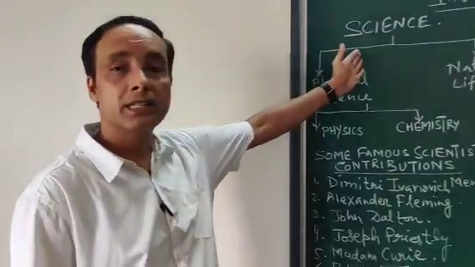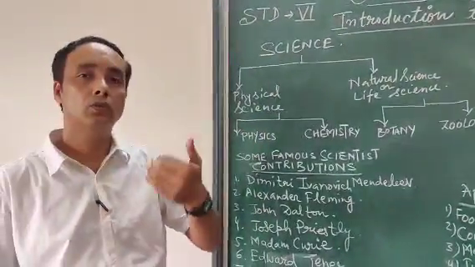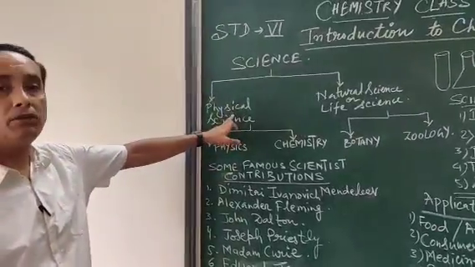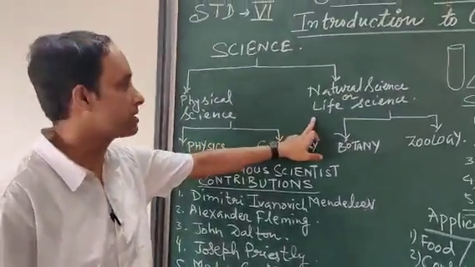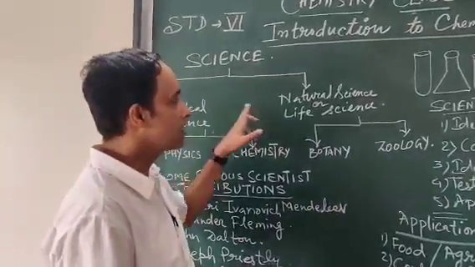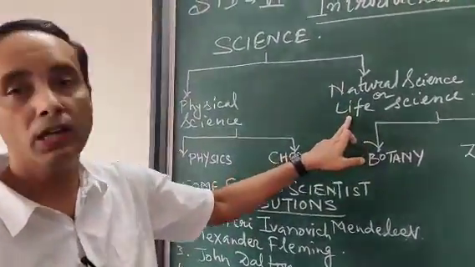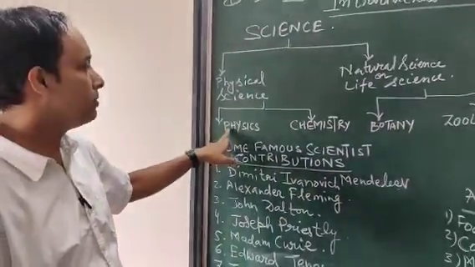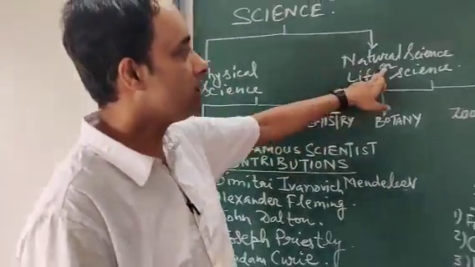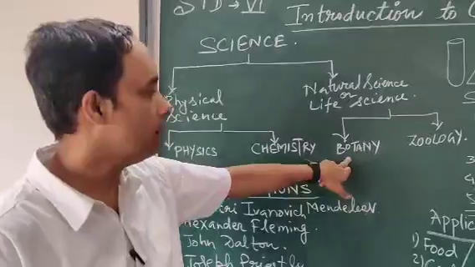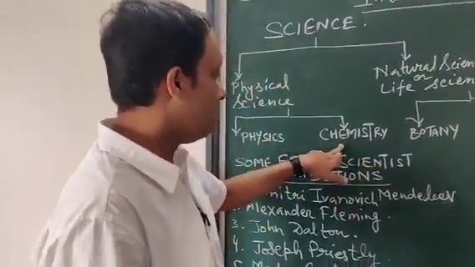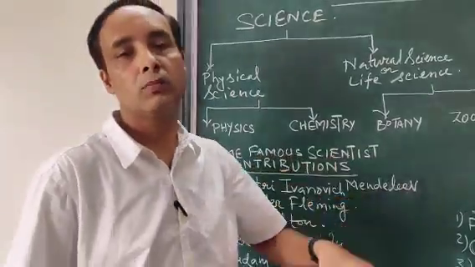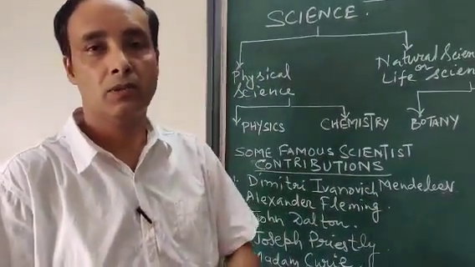Now, I would like to explain about science. Already you know. Now let us see. This is further classified into two major forms. One is physical science, another is natural science. This natural science also came to be called life sciences. Now this physical science is further categorized as physics, chemistry, and natural science or life science is further categorized as botany, zoology. Now, out of all these fields, chemistry is one of the most important subjects of all the science